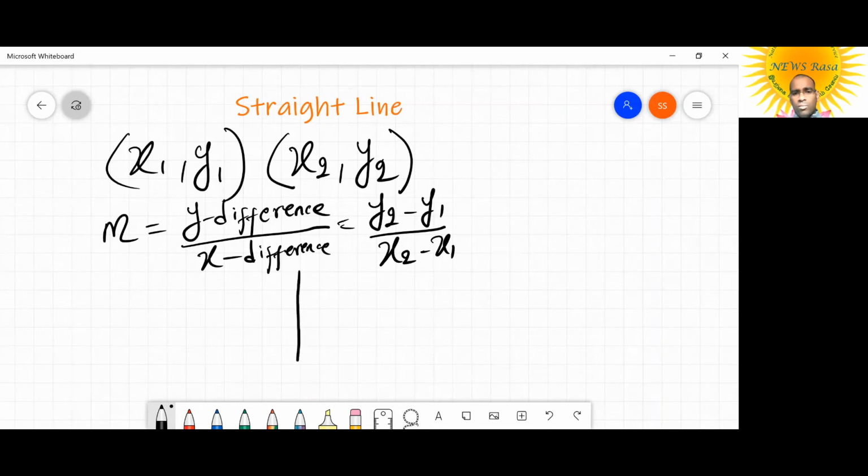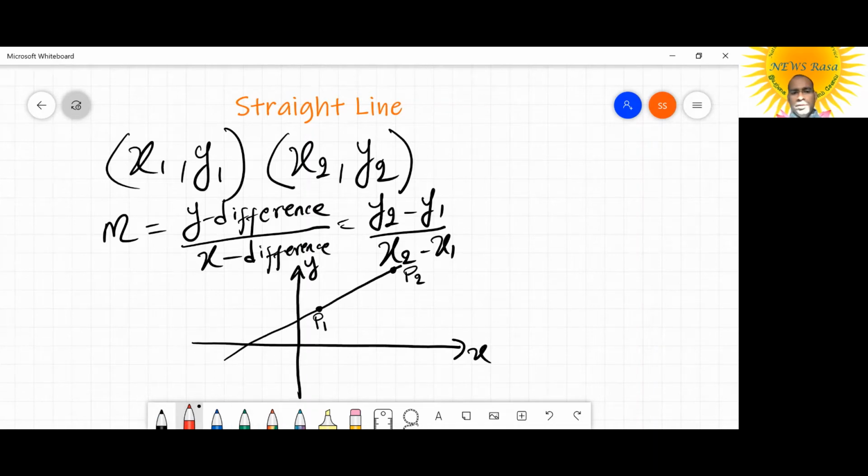When we say slope, if you have a straight line like this, and you have the x here and the y here, your straight line may be going through like this. So let's get a point here and a point there. If we want to name this point as say P1 and that as say P2,